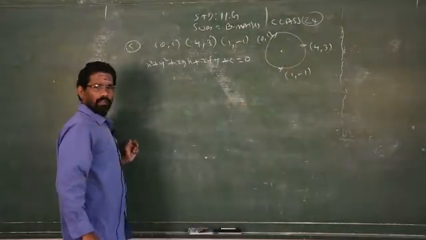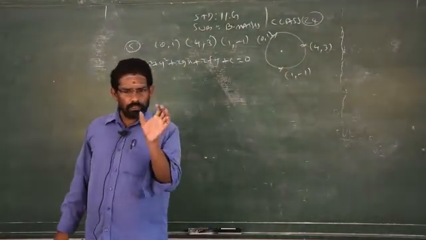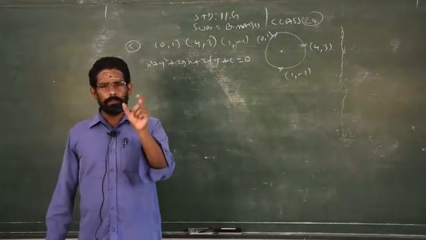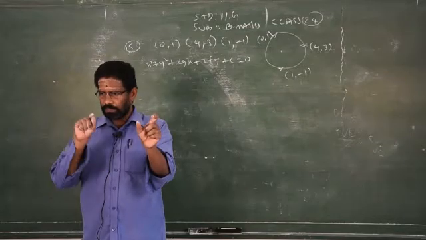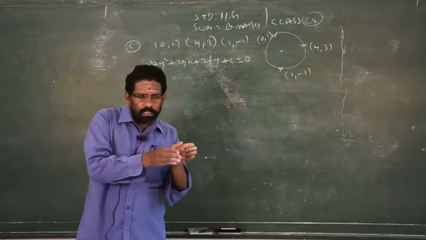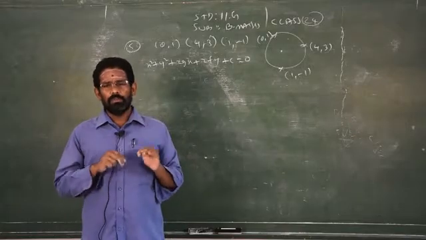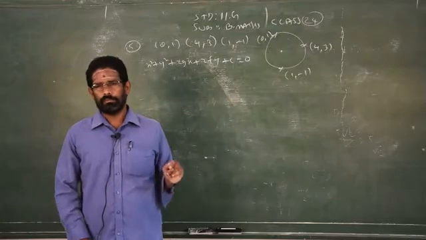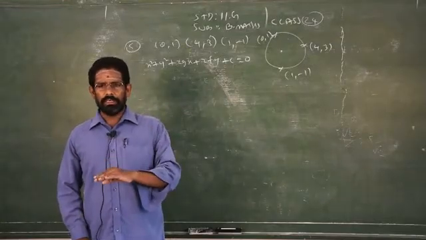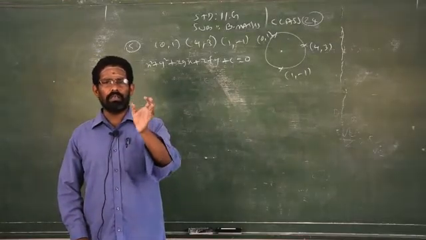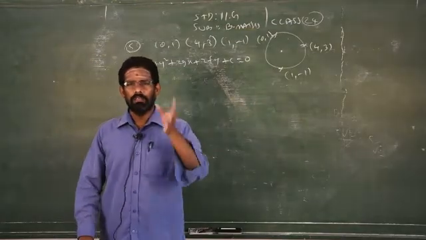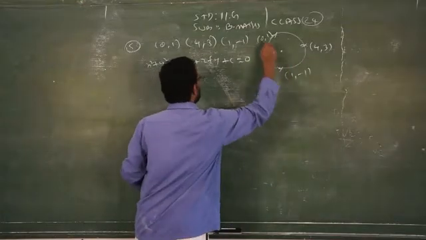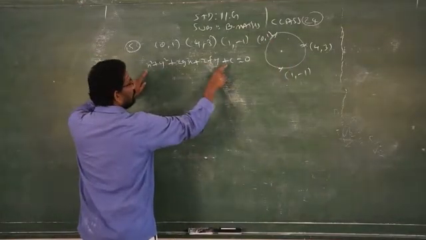Are you clear? So how do you check whether the given points lie on the straight line or not? You have to substitute the given points in the place of x and y. When the left side is equal to the right side, your conclusion is that the given points lie on the straight line or curve, whatever it is. Clear? If it is not satisfied, your conclusion is that the given points do not lie on the straight line or on the curve. The same concept I am going to apply here, because it is given already that these 3 points are passing through the given equation of the circle.